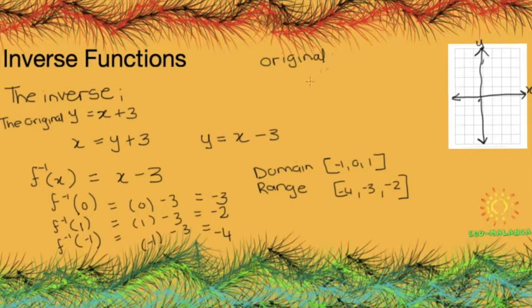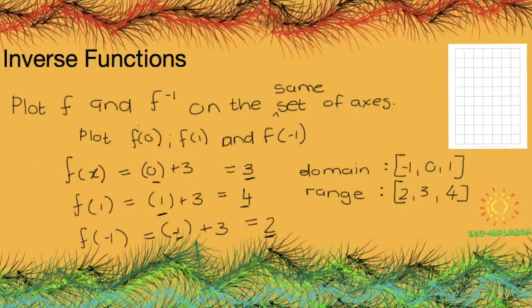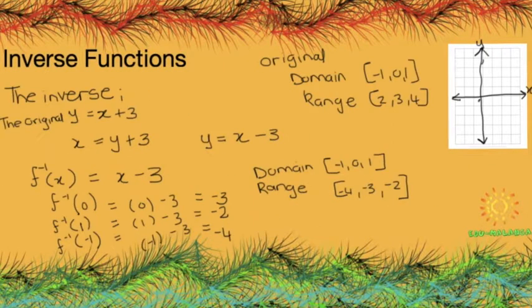Okay, I had a domain: negative 1, 0, 1. Range was 2, 3, and 4. You can double check that on this side. Negative 1, 0, 1, 2, 3, 4. Okay, so for the original graph,